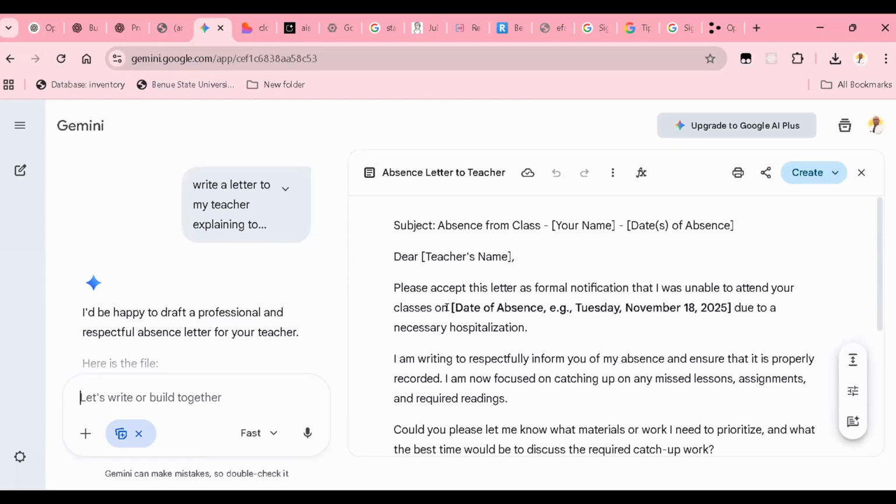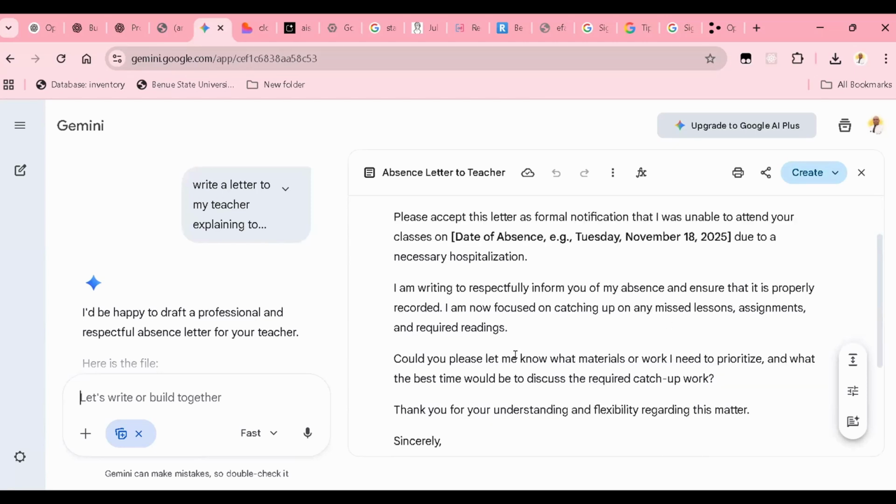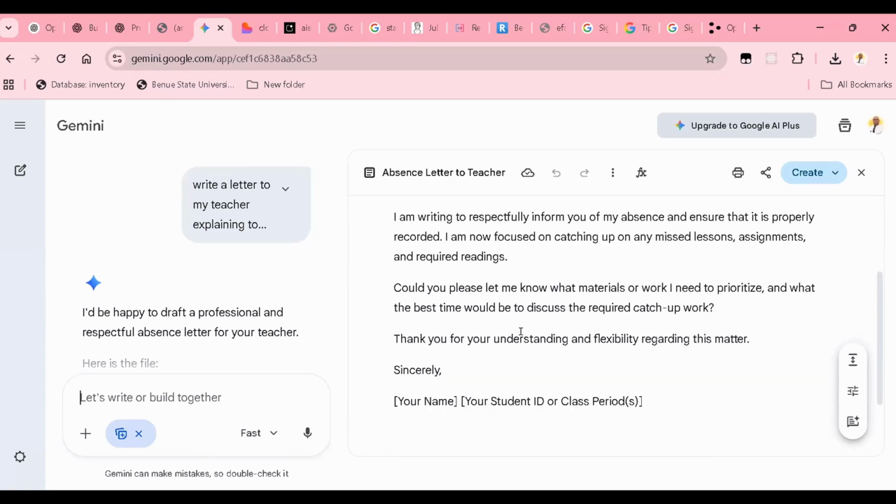It says, dear teacher, please accept this letter as formal notification that I was unable to attend your class on this date. These are things that I can still add. Due to a necessary hospitalization, I'm writing to respectfully inform you of my absence and ensure that it is properly recorded. I'm now focused on catching up on my missed lesson assignment. Will you please let me know what materials or work I need to provide? Thank you for your